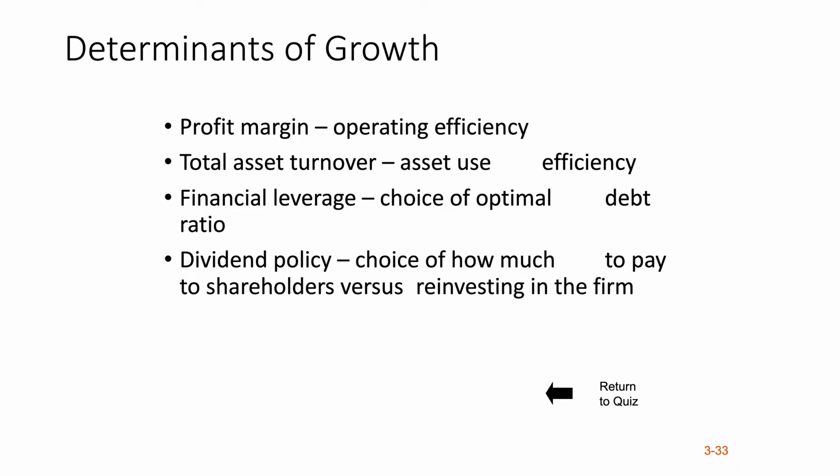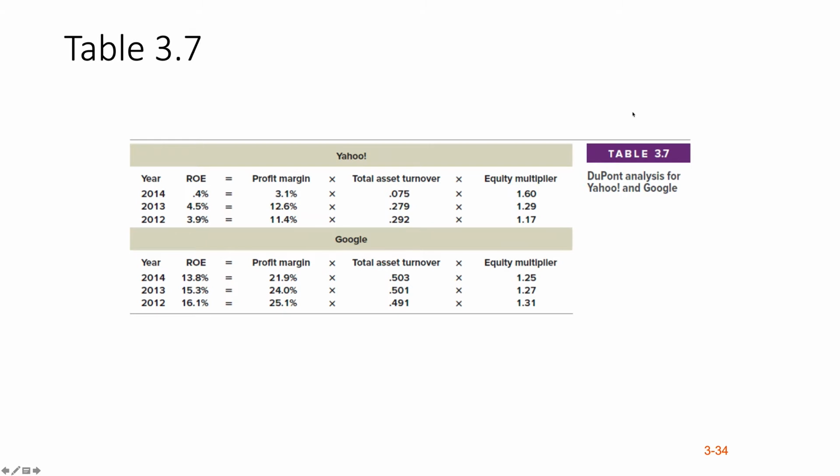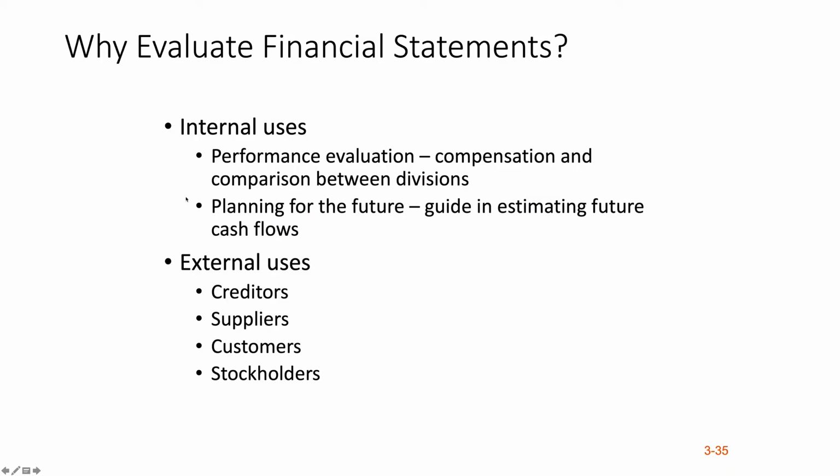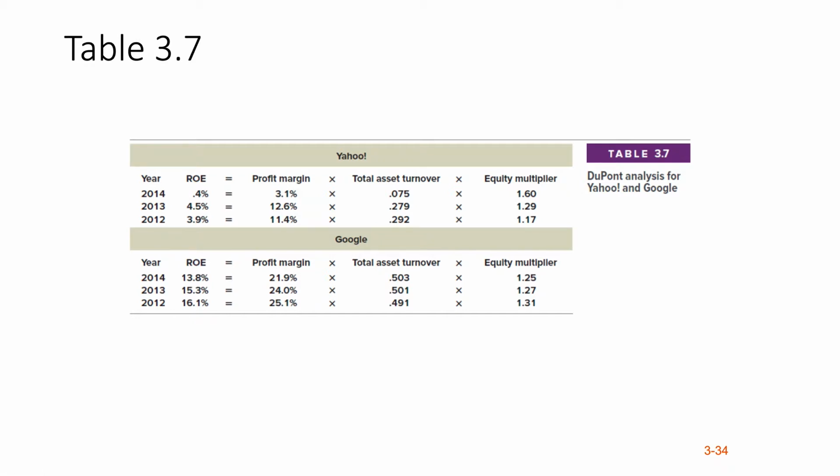Now let's look at the DuPont analysis for Yahoo and Google. For the years from 2012 to 2014, obviously Yahoo's ROE is not very good. In 2014, it's less than 1%, 0.4%. The earlier years were 4.5 and 3.9. Now let's look at Google: 16.1, 15.3, 13. They all go down, but